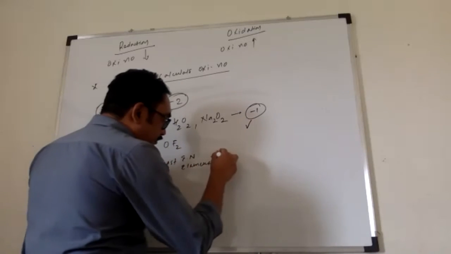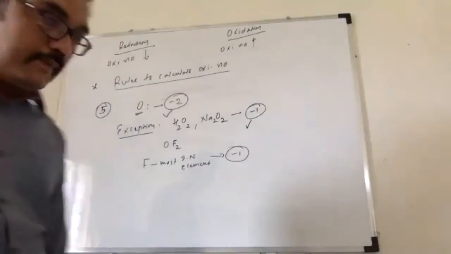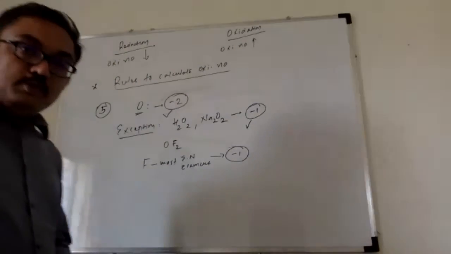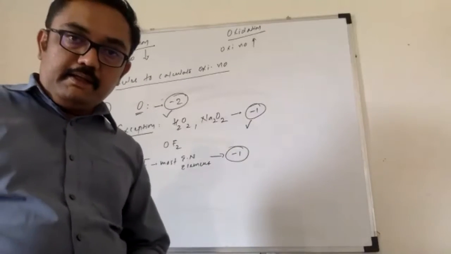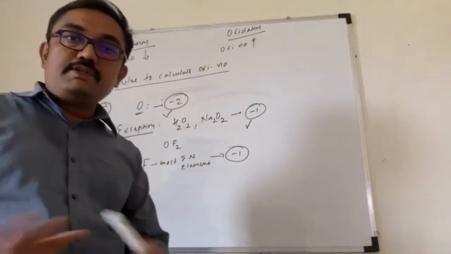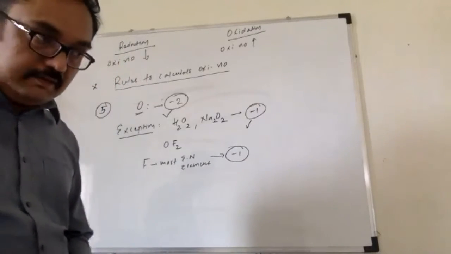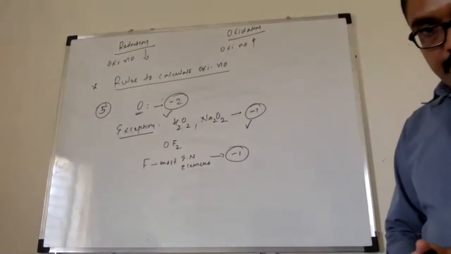So it is always -1. No exception for the fluorine. So there is no exception for alkali metal, there is no exception for alkaline earth metal, and there is no exception for fluorine. These three do not change. For doubt, yes. So in OF2, the charge of O is